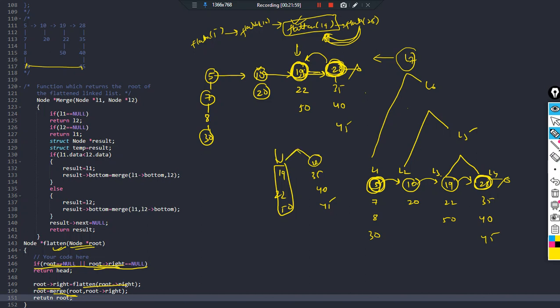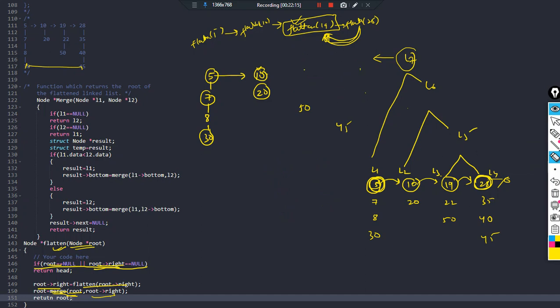So what will I do? I will call merge function on root, the present root, and root's right. So root right was basically 28. What will happen? It will combine into a single linked list. So if it is combining into a single linked list, so obviously what will it be?